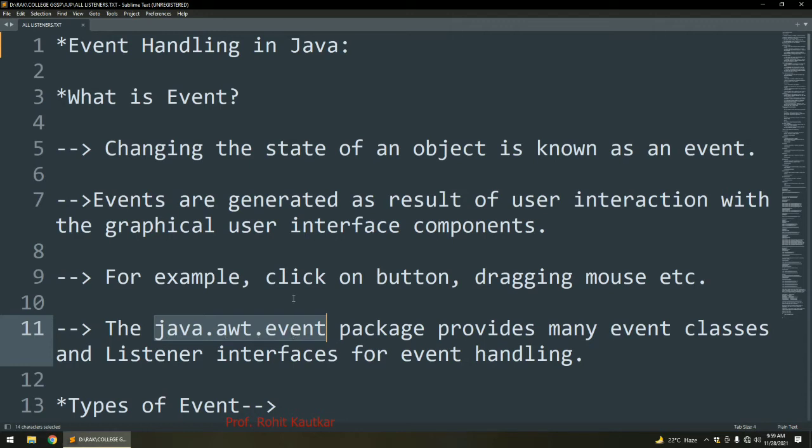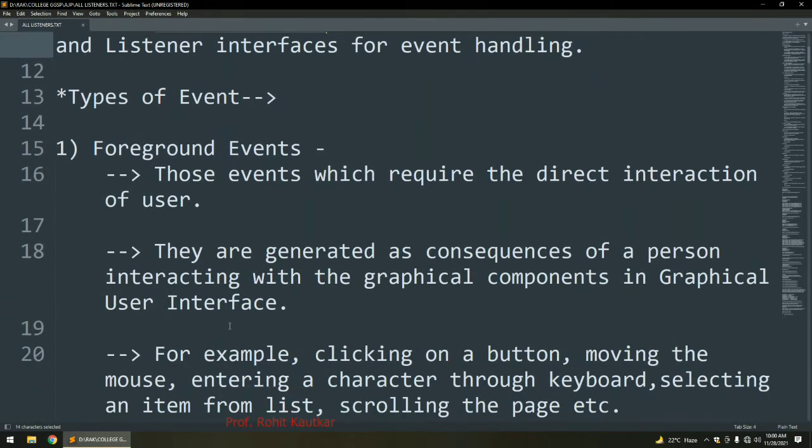This package contains the different event classes and related interfaces. In order to use event classes and event interfaces within our program, we have to import this package. So the name of the package you need to remember is java.awt.event.